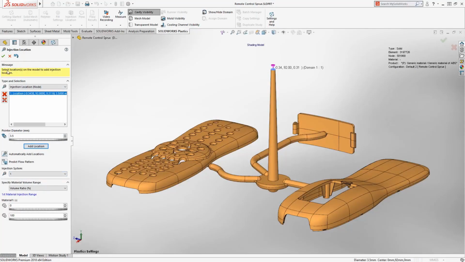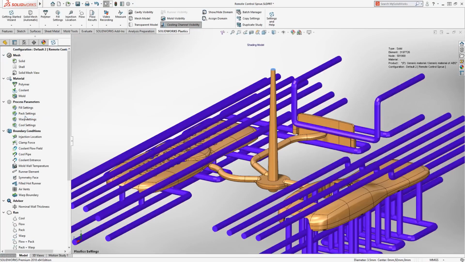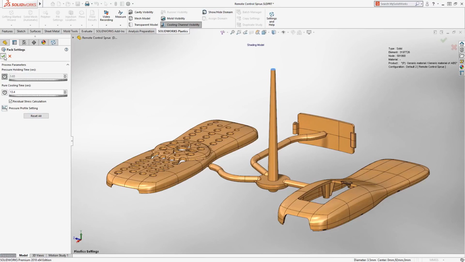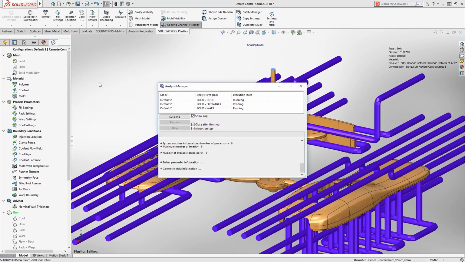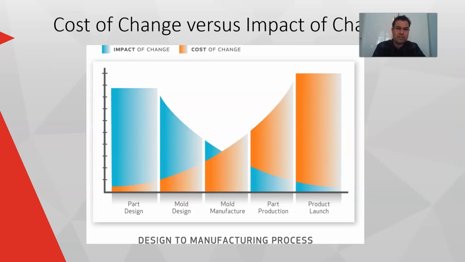Injection molding is a complicated, expensive process. There's a mix of time, temperatures, pressures, materials, and tooling variables. And SOLIDWORKS Plastics allows us to play with those variables and understand and predict what will happen in the real life molding process. I'm going to be demonstrating SOLIDWORKS Plastics and looking at the impact of change versus the cost